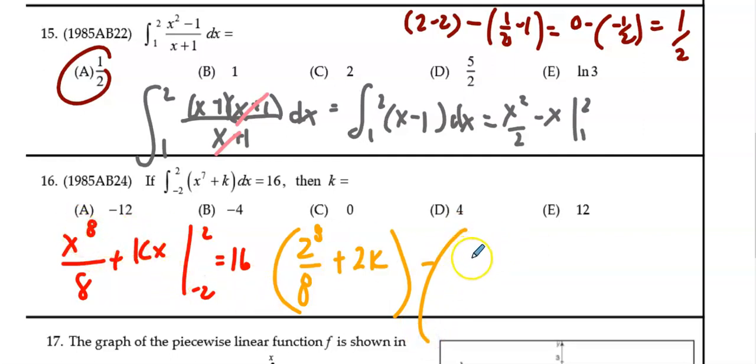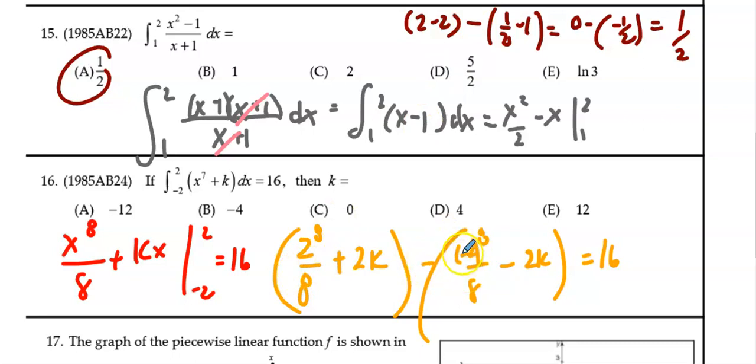Well, -2 to the 8 is the same thing as positive 2 to the 8, so it's just going to be 2 to the 8 over 8, and yes, I'll put the negative here, but it's going to be the same thing. And then it's going to be minus 2k, and again, that's going to be equal to 16. Well, the beautiful thing about this problem, ladies and gentlemen, is that if we were to distribute this,